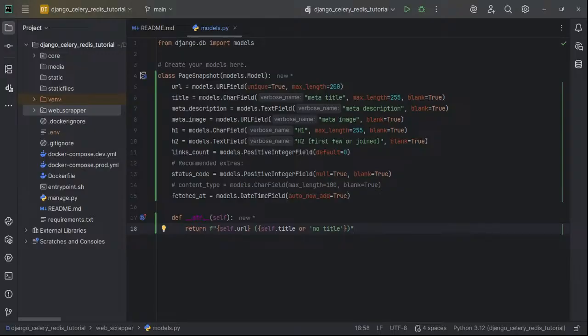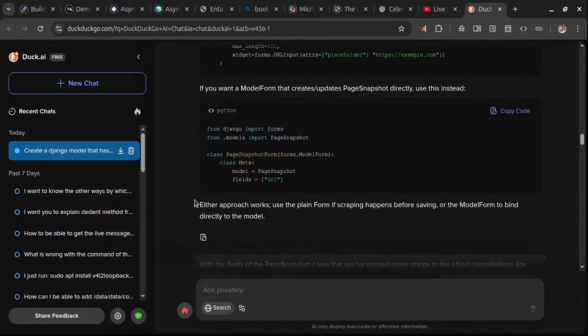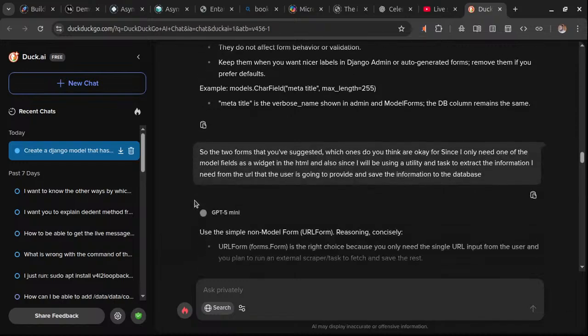So we have the forms. We are not going to attach the form to the pagination. So this will be removed, but I think it's generated another one for me. Oh, you can't see that screen. I'm back to the browser. So if you want a model form that creates snapshot, no. So I want